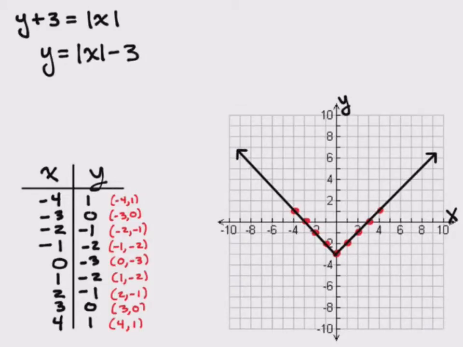Alright, it appears that we got another one of these V-shaped graphs. Now, we didn't talk about the x or y intercept on the last graph because it went right through the origin. So the x-intercept was 0 and the y-intercept was 0. What about in this case? The y-intercept